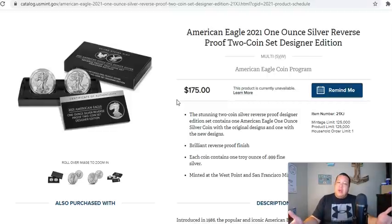So here we are, coming up toward the end of the year. There's so few really stimulating sets to pump up the collective masses out there of US Mint scalpers and flippers. But there is one, possibly the limited edition proof set that should be available for order, November? Something like that. That's going to be unique because all the coins are going to be different. But this particular set right here,